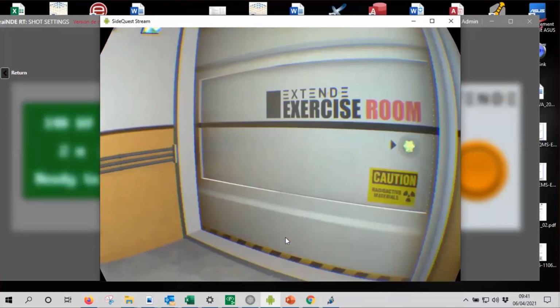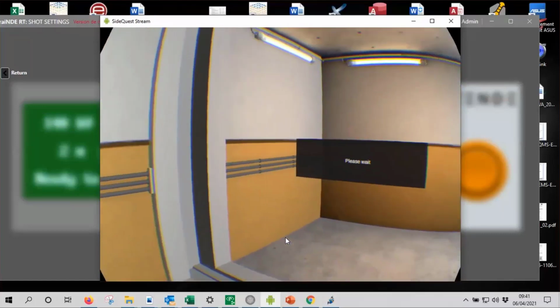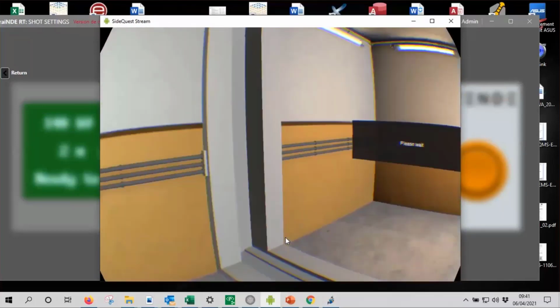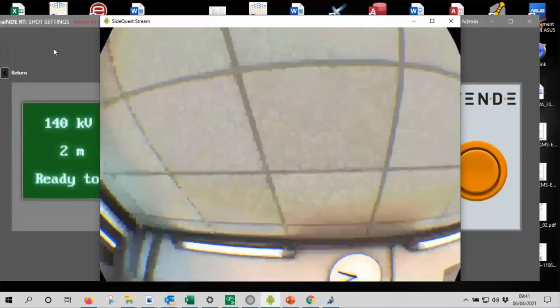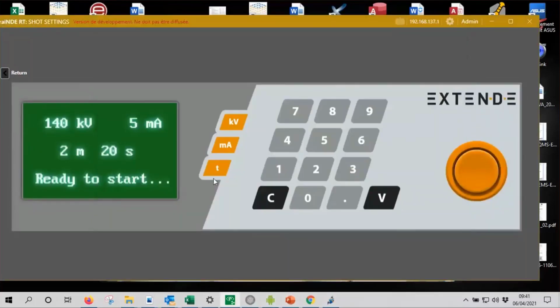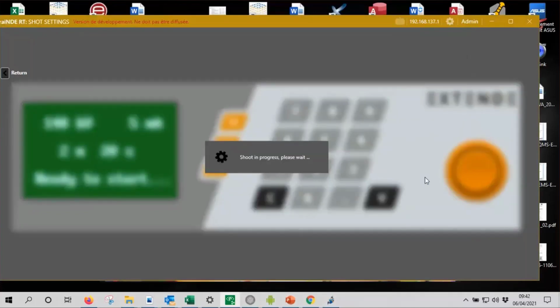I'll go back here. You see, it's very easy to manipulate the source. And I can make a new shot. I just change the positioning of the source along the horizontal axis.